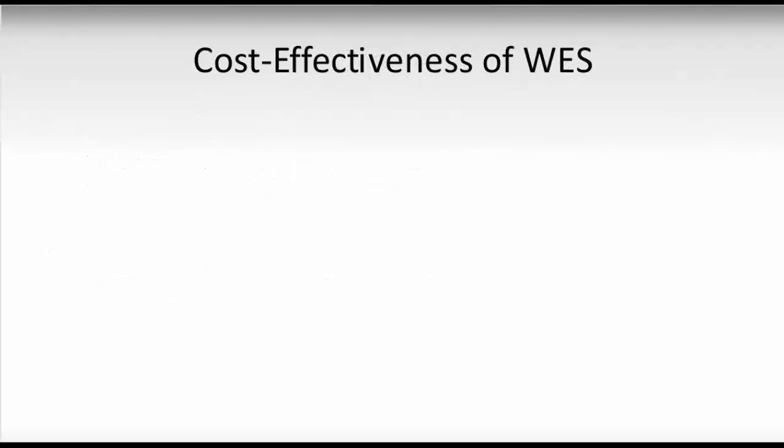So lastly, I want to speak to you about the cost effectiveness of exome sequencing. As you could see in the cases I already presented, for many of these patients, they've undergone many, many tests already that add up to many thousands of dollars. I also acknowledge that exome sequencing does have a large price tag associated with it, though that cost is coming down. But if you think about being able to do one test rather than many tests, exome sequencing can